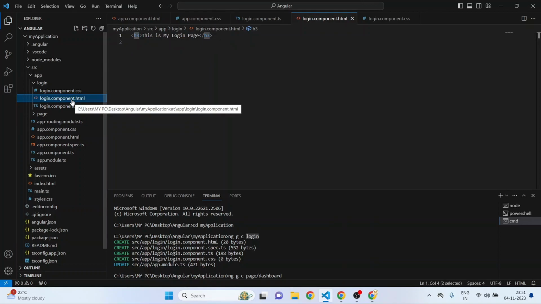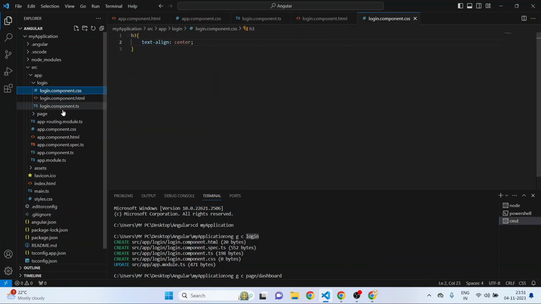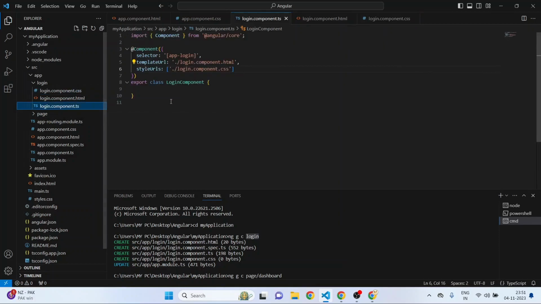So whatever HTML code we want, we can write inside the HTML file, and the CSS we can write inside the CSS file, and whatever logic we need to write, we can write inside this TS file. Okay, this is the overall explanation about components. In this video we have learned how to create a component and how to access these components. In the next video I will explain about the